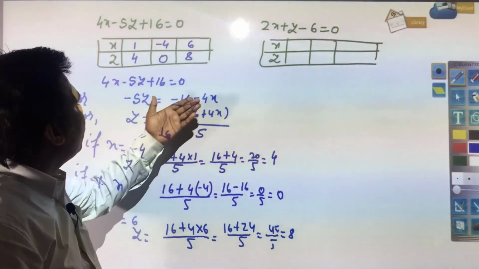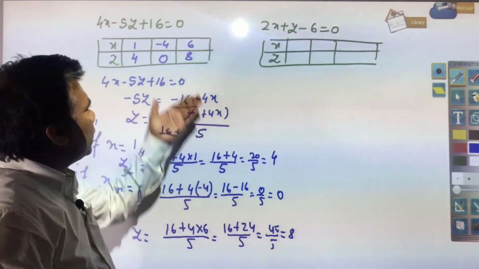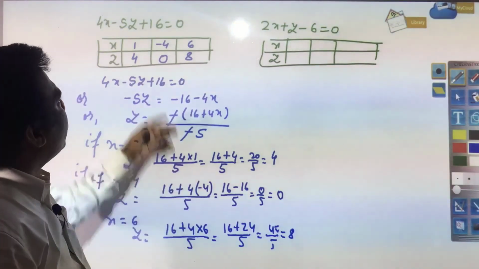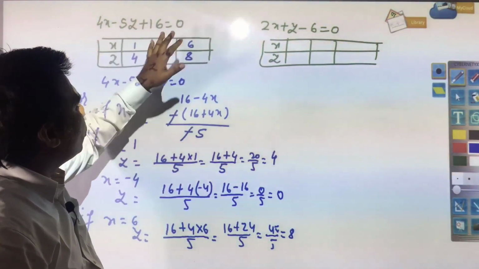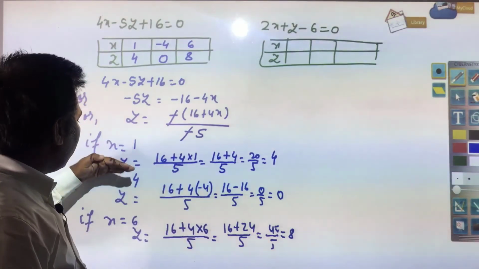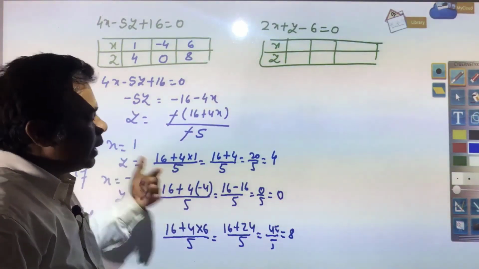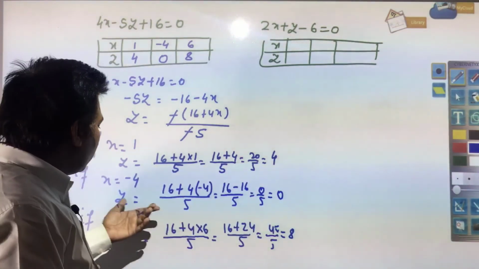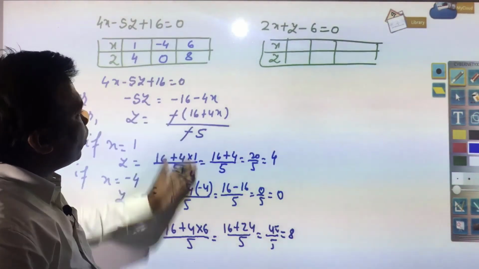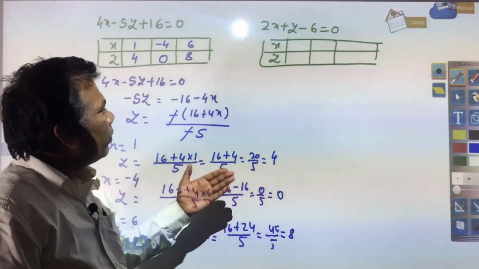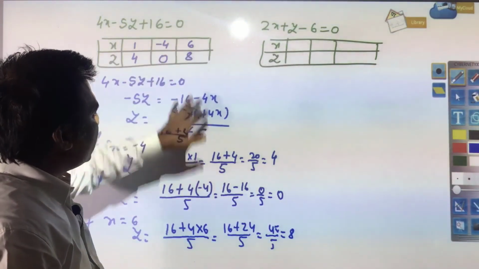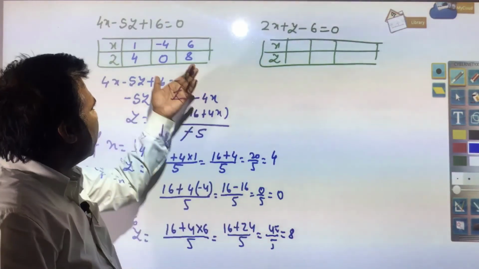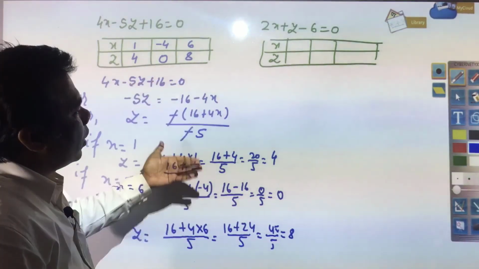Here just see that in the book these values have been given, but it is not necessary that you put the same values for the graph to be plotted. Any value can be put, suppose 0, minus 1, minus 2, 1, 2, 3, 4, and even if you get the value of y in decimal or fraction, suppose 1.5, minus 2.3, or any value, even in decimals, the graph can still be plotted. So never think that only these values can be put for you to plot the graph. Any value you can put, even decimals, and the graph can be plotted.